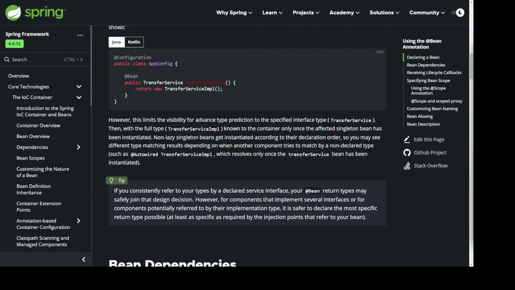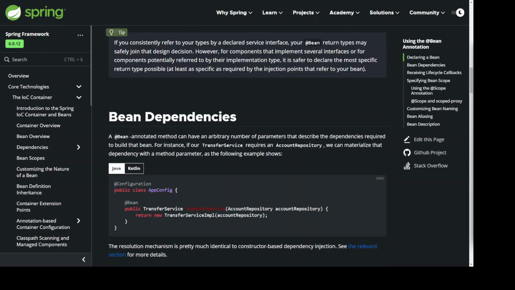Bean dependencies. A @Bean annotated method can have an arbitrary number of parameters that describe the dependencies required to build that bean. For instance, if our TransferService requires an AccountRepository, we can materialize the dependency with a method parameter, as the following example shows. @Configuration public class AppConfig { @Bean public TransferService transferService(AccountRepository accountRepository) { return new TransferServiceImpl(accountRepository); } }